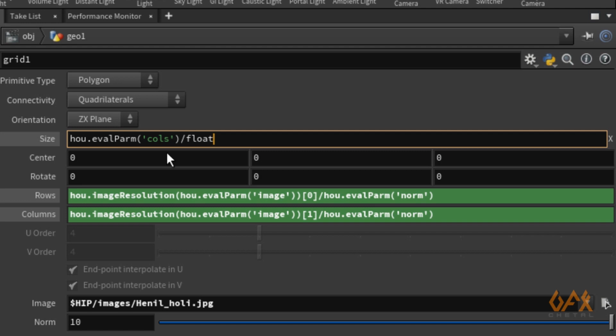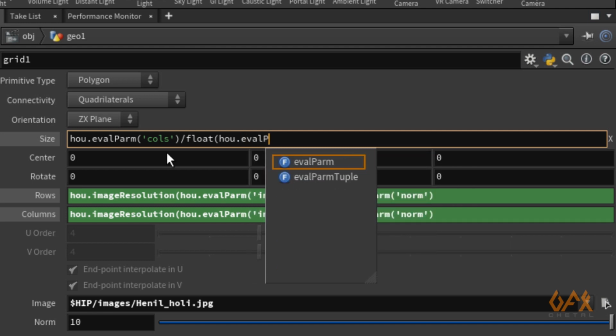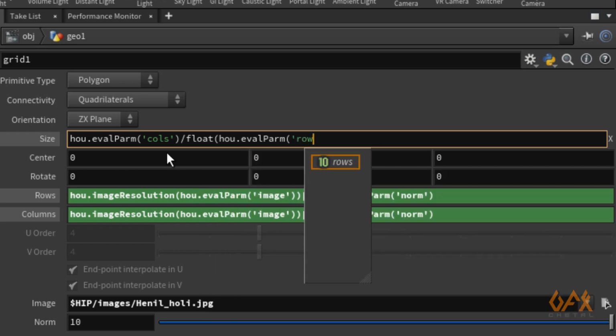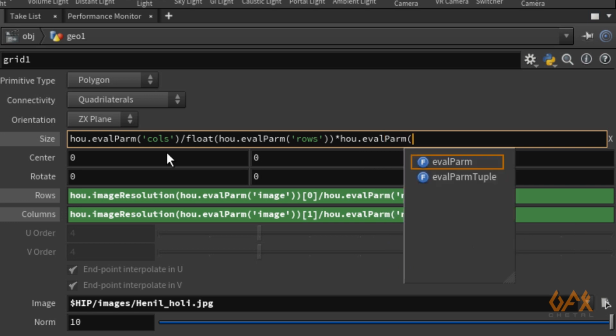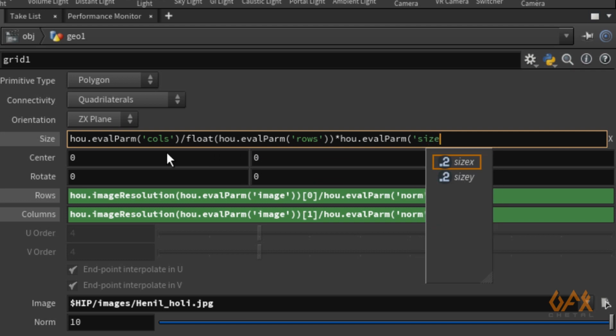So it may be possible that my answer should be in float information. So hou.evalParm, bracket, I call rows, bracket over, and multiply this with hou.evalParm, and over here size y.